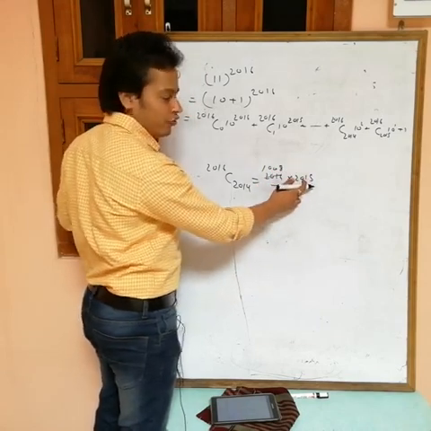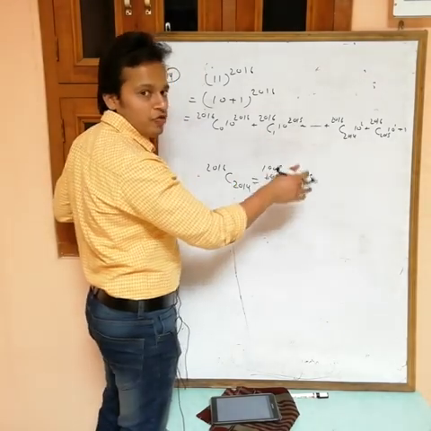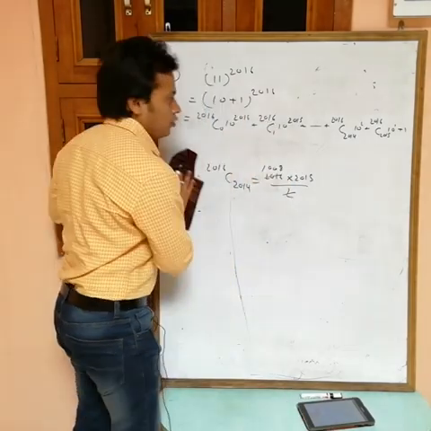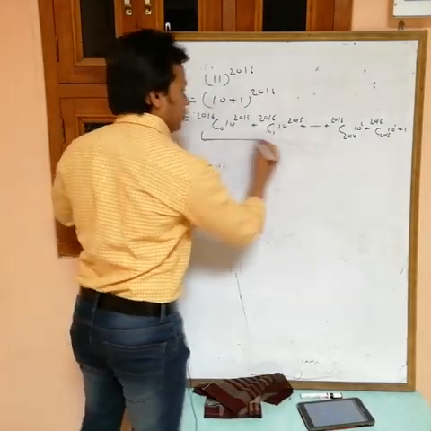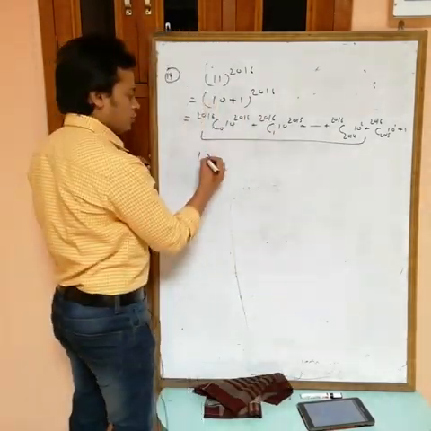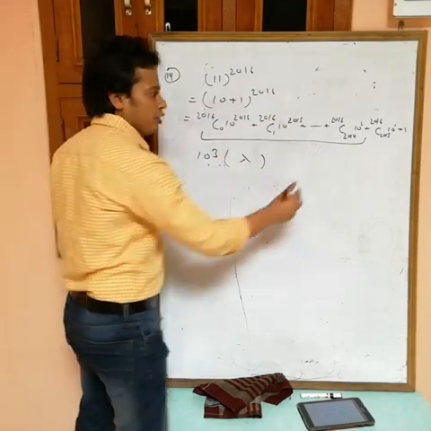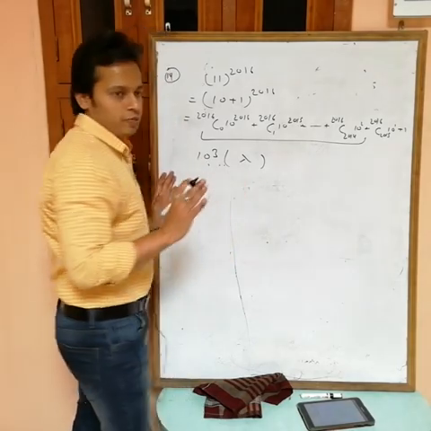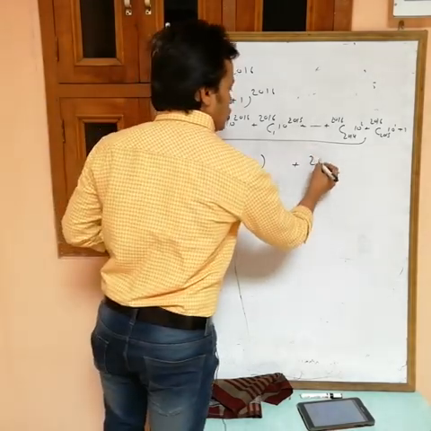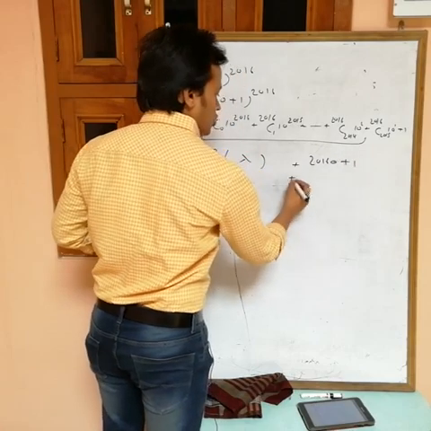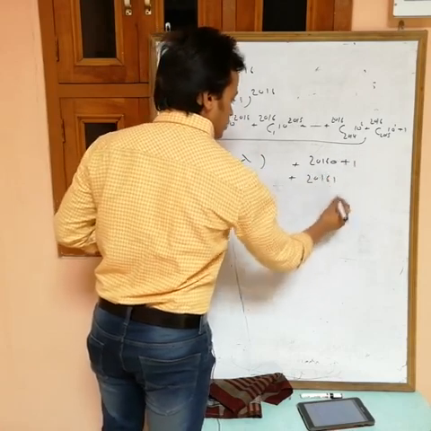From this one you will get 15, from this one you will get 12, 2 into 5 become 10. Okay, so from these you can take common 10 power 3. If you take common 10 power 3, then the remaining is a big number. In these all we have 10 power 3 common. So plus 2016 into 10, so this one plus 1, so plus 20161.